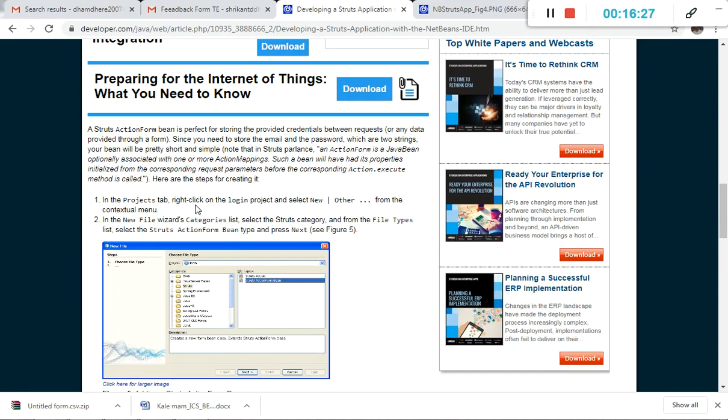In the project tab, right click on the login project and select new and click on others. Okay, it's simply click on new file, under the categories list select the Struts category, and from the file types list, select the Struts action form bean type and press next.